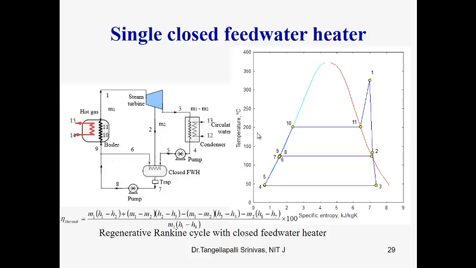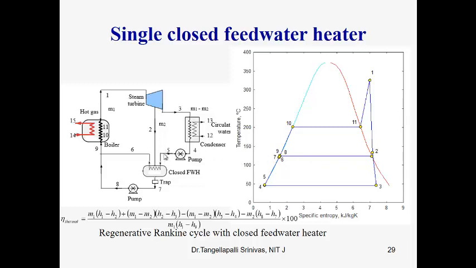This Rankine cycle is shown on the TS diagram. 1 to 2 is expansion, and the steam is trapped here, that's M2. The balanced steam is expanded, and 3 to 4 is the condensation, 4 to 5 is the pumping, and 5 to 6 is the feed water heater, where the water is heated very close to the saturation temperature. 2 to 7 is the trapping and the heat rejection by the steam.